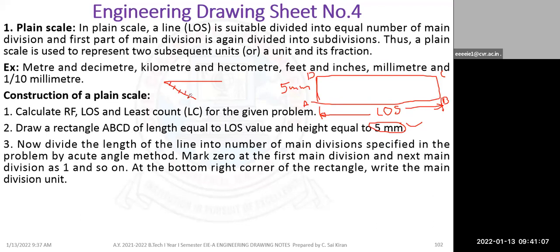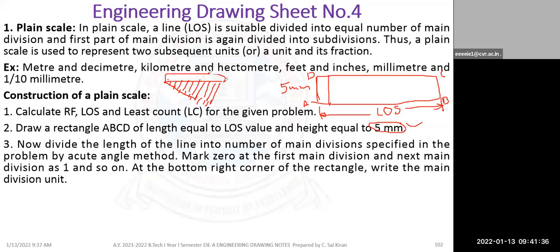For example, if you are creating a 15 centimeters scale, then you have to divide the line into 15 centimeters and join it. You have to divide equally, because your scale has equal divisions: 1 to 2 is an equal division, 2 to 3 is an equal division. That's the reason you have to divide this line into an equal number of parts, and after dividing, you have to join.